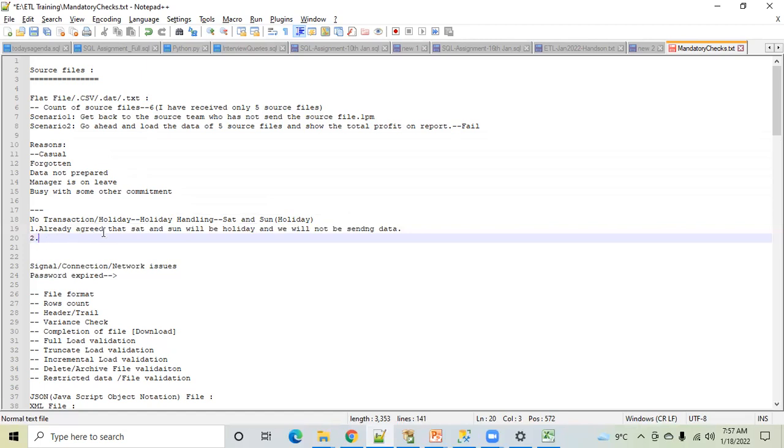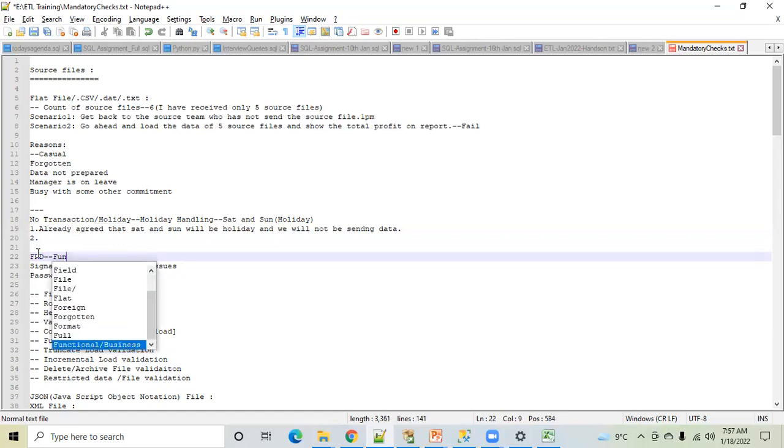Then you will check if it has been agreed, and if so it is fine, and all this agreement will be in your FRD. This is known as the functional requirement document. Whenever any new project starts, you have an FRD document. In that document there is a mutual agreement between the developer team and the business team, about what software and requirements you will cater and what assumptions you are taking. Everything will be there, and then you get a sign off from the business team, and then the project will start. It's like that only.